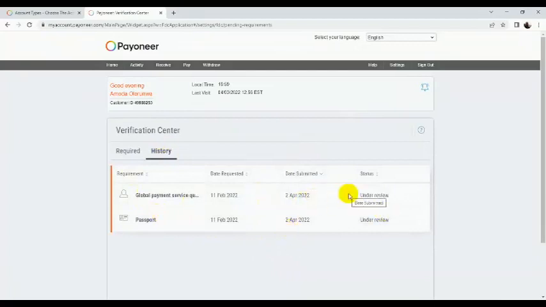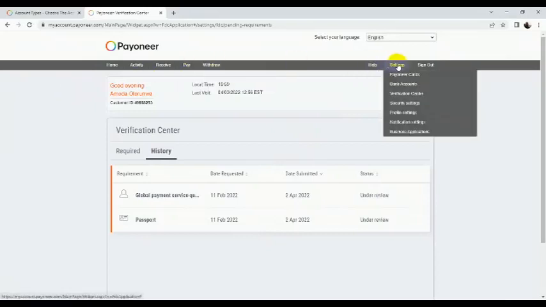But let me go to the history for you to see better. As you can see here, passport under review. All this one is under review, the one I have submitted here. So this is how you will fill your Payoneer and how to open a well-established Payoneer that you can receive and